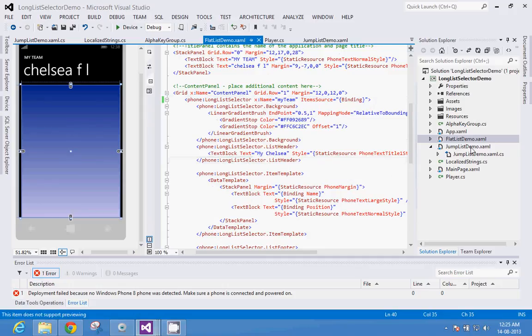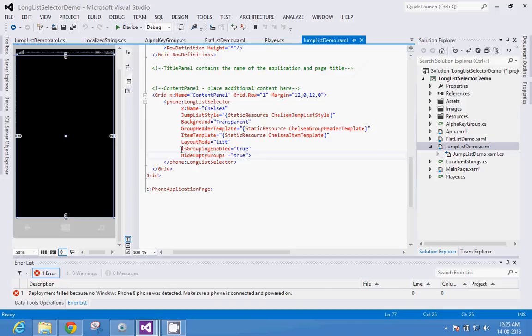It looks for that key and all those things. Hide empty groups, true. For not all the alphabets will you find players in your collection, right? I have only 15-16 players. As soon as there is a group with no items in it, it will be grayed out. You cannot touch that. So that is hide empty groups equal to true.